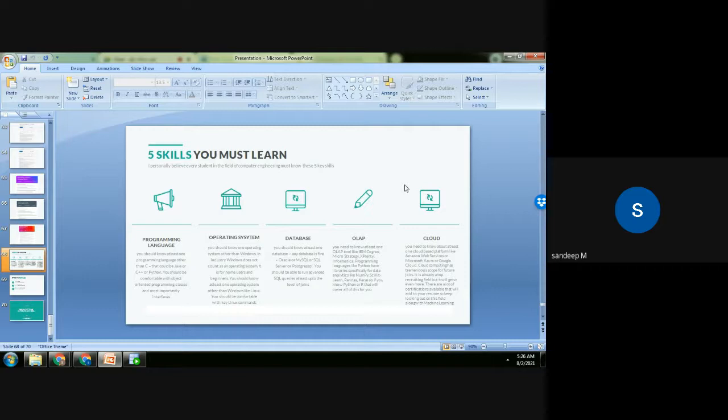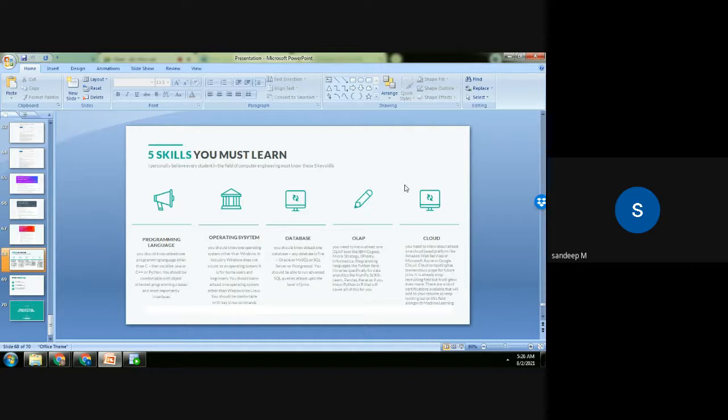Before we get into our software, where I'll be showing the demo of SQL, I just want to tell you there are some 5 skills you must learn. This is not related to the course we are dealing with, or this is in general. As far as your career advancement is concerned, if you are in the industry, if you're getting into computer science, any graduate, whether BTech or postgraduate students like you in MSc, MCA, I always keep telling that there are 5 skills that I tell to every batch. There are 5 skills that each one of you who are into the field of computer science should be knowing.